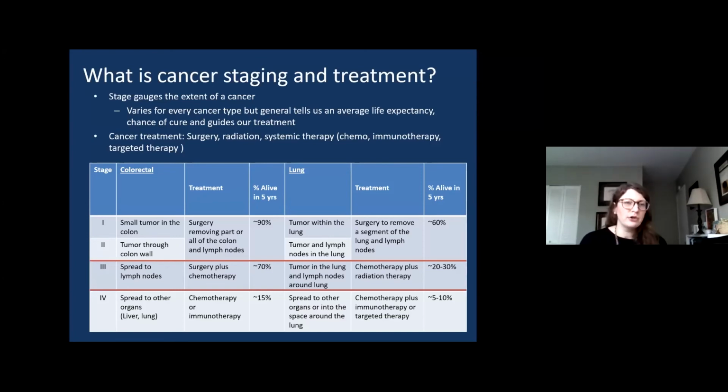And when it's a stage 4 cancer, usually we're talking about keeping the cancer at bay for a period of time. And there's very, very few people when the cancer has spread that can make it to 5 years. Now we know that with stage 4 cancer, certain mutations we can target with therapies. And if you have these mutations, overall, you have a better chance of survival and a better chance of living longer. So there is a chance with a stage 4 cancer that you can live past 5 years.